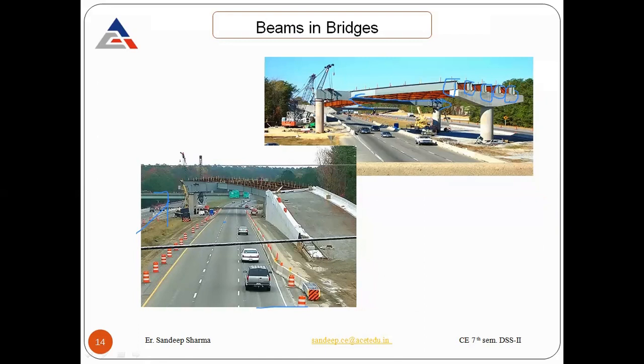Same here, we are joining this ramp portion with this span, and we are using the plate girder, and above it there will be the deck slab, which will take the load that comes from the moving vehicles. Okay.